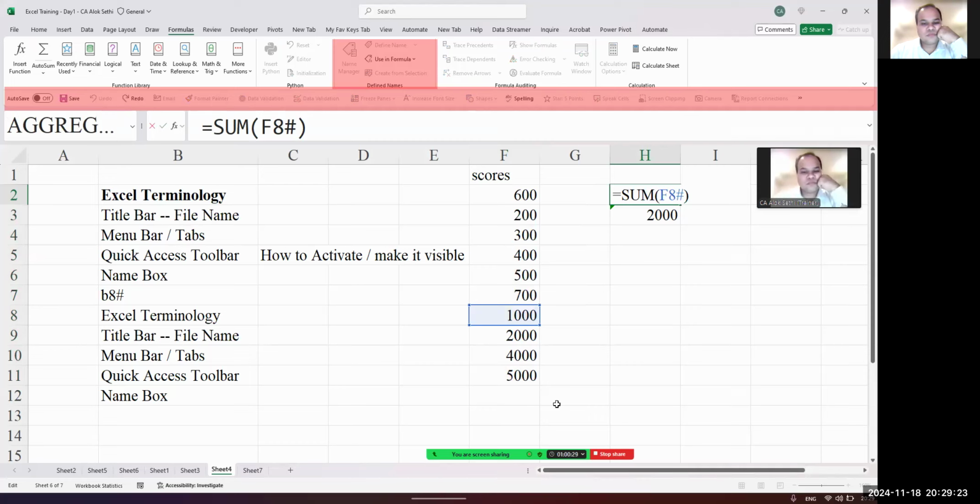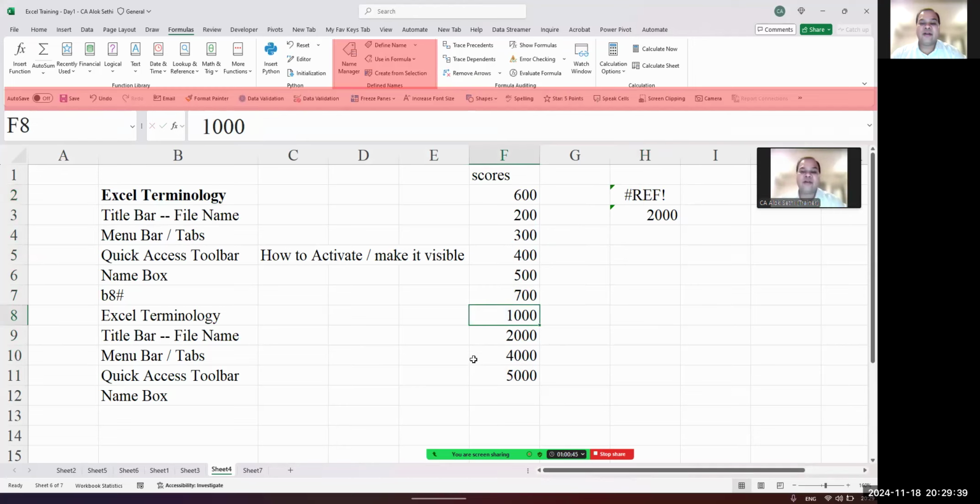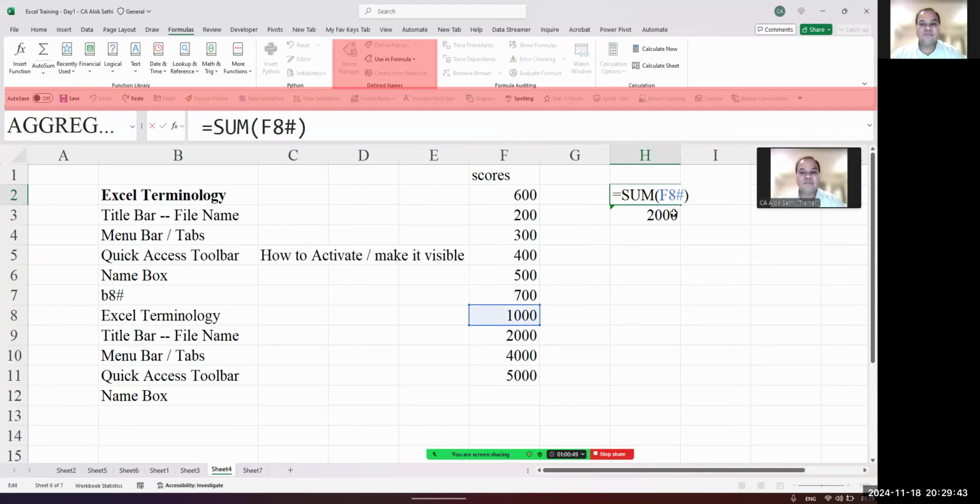Because, sir, you have removed that terminology. Yes, that I have removed the terminology. And secondly, now F8# doesn't mean anything. Because F8, I had given the reference is equal to F8 here. But I have removed that and I have written 1000. Now here what I had written is F8#. Now F8# doesn't mean anything. उसका कुछ मतलब ही नहीं है, इसलिए ये रेफरेंस एरर आ गया, ठीक है।